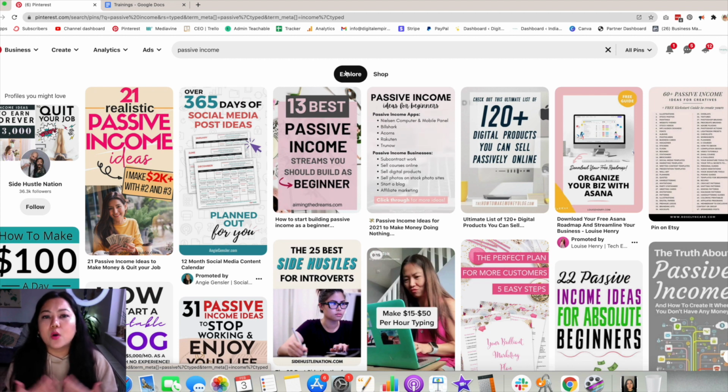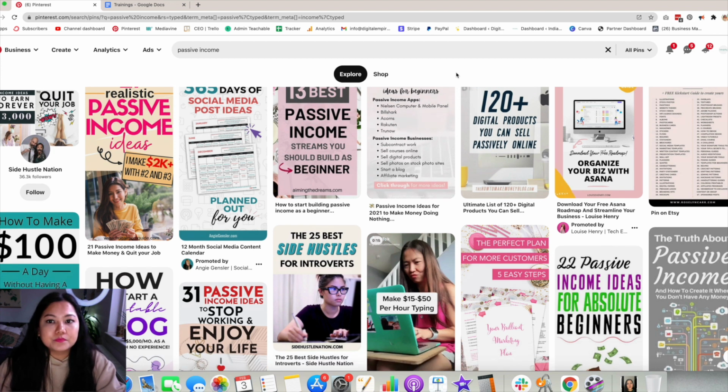But this was, however, always the case, and Pinterest has been moving heavily towards social commerce. So I'm not quite surprised that this feature exists. In terms of the traffic that Pinterest can send you, I don't think there's a lot of difference, especially if you are creating high quality content and you're making sure that you're optimizing your pins for SEO, as well as your account with the best practices to be discovered.